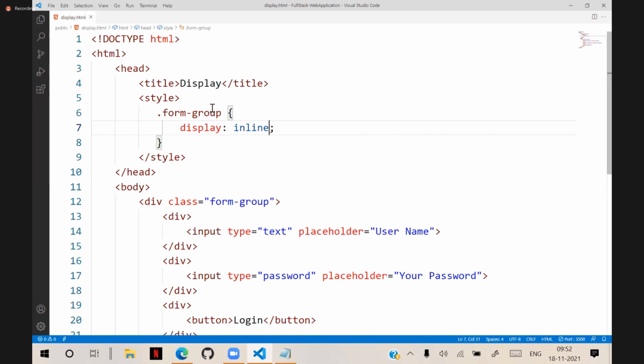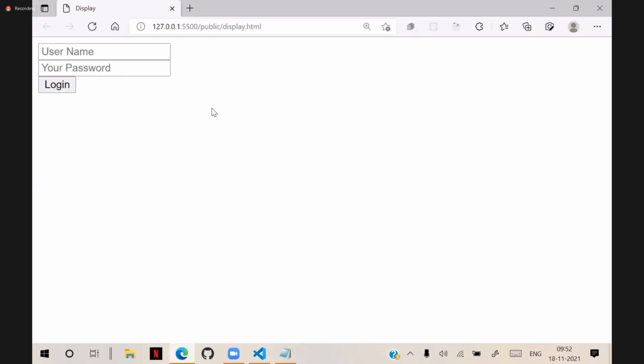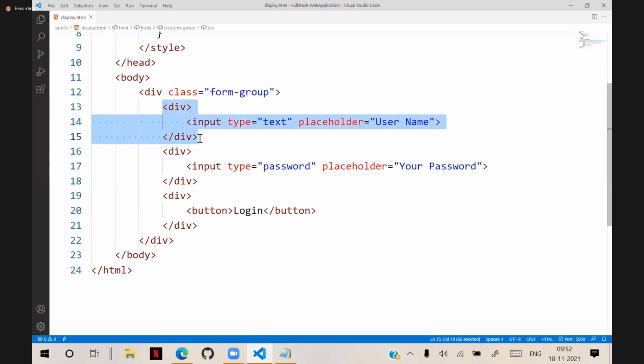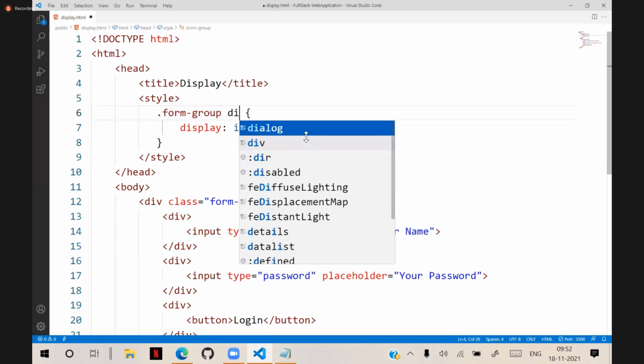Display all the containers in line. That means they will display in line. But important here, this form group contains several containers. These are the divs. Those divs must be in line. That means what we have to do now, in that form group, the div must be in line,